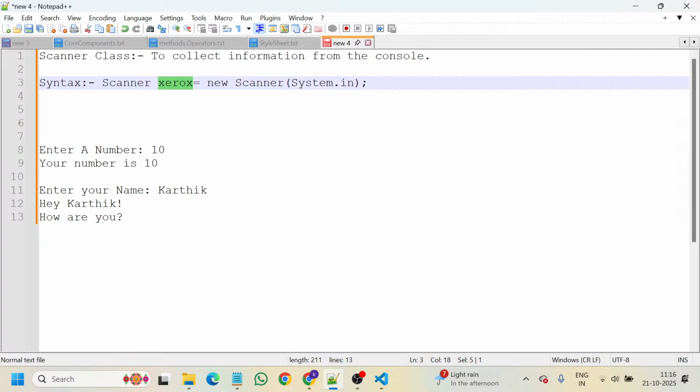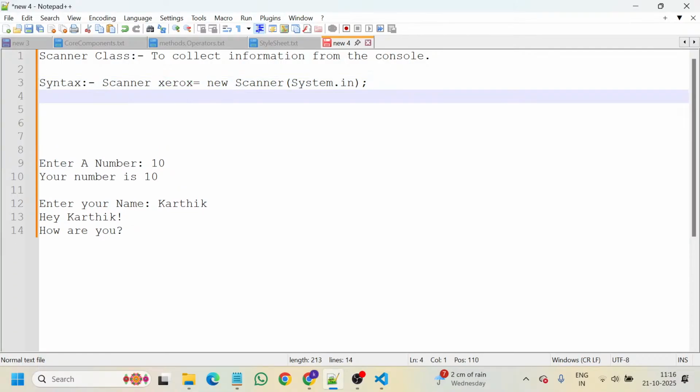And it requires one import statement. This Scanner requires one import statement. So what is meant by import statement? Nothing but, whenever you are using the inbuilt classes, or whenever you are using inbuilt interfaces,